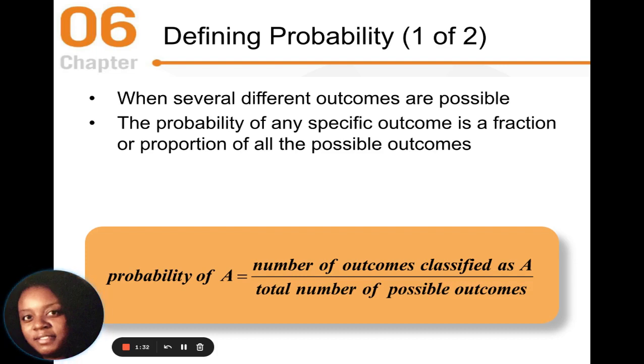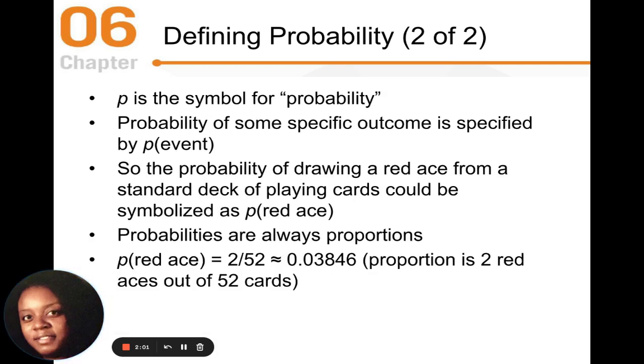When we have several different possible outcomes, that's how we can define probability. The probability of any specific outcome is a fraction or a proportion of all the possible outcomes available. So the probability of A equals the number of outcomes classified as A, over the total number of possible outcomes. You can see that lowercase p is the symbol for probability, and the probability of some specific outcome is specified by